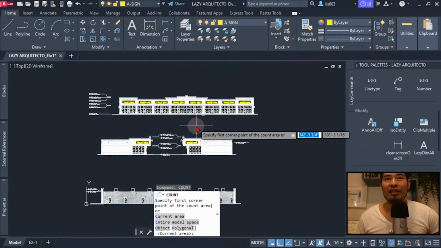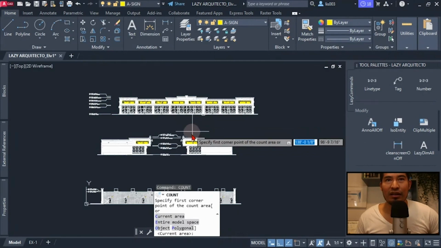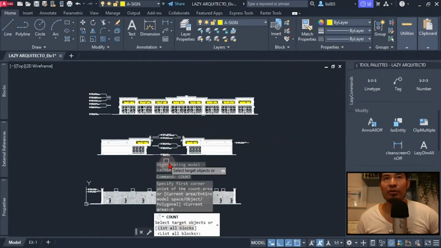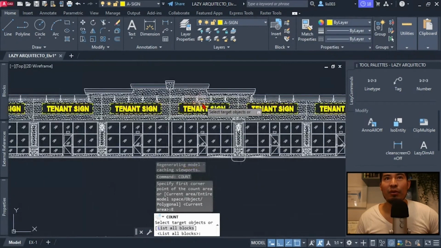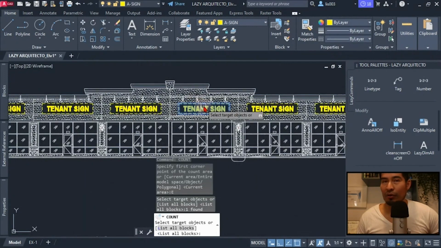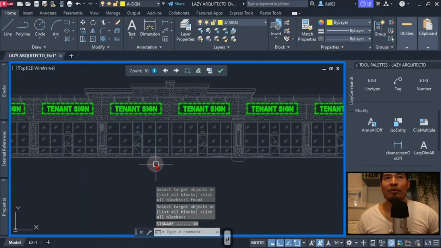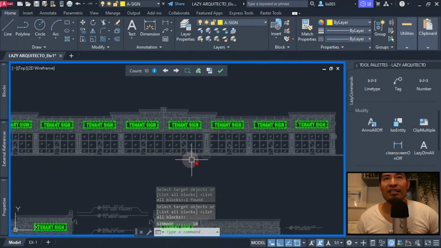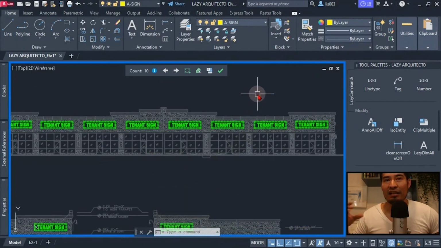So after I initiated the count command, I proceeded to pick the entire model space to analyze my drawing, and then proceeded to select my sign block. Once I did this, I realized my table with my sign schedule was located in paper space, not here in